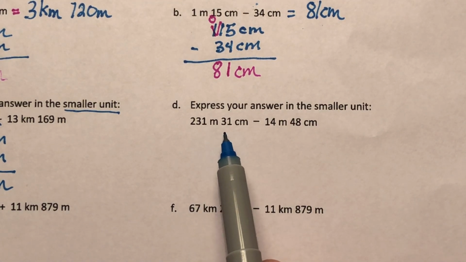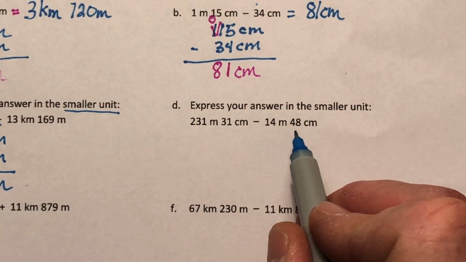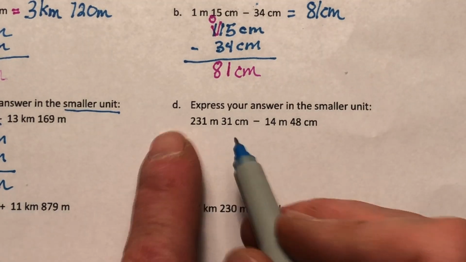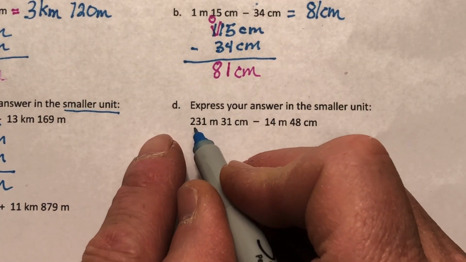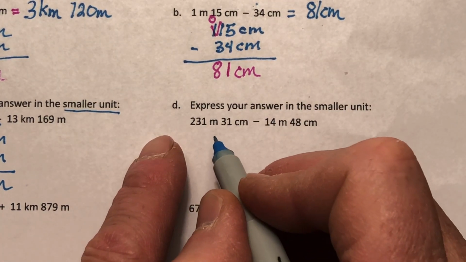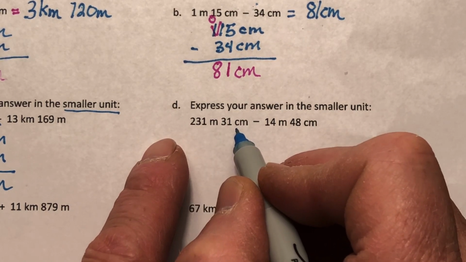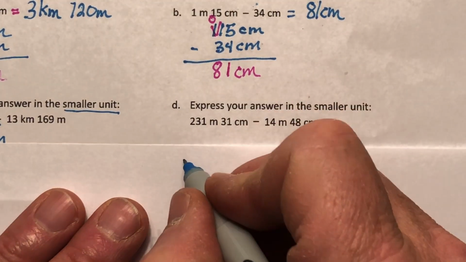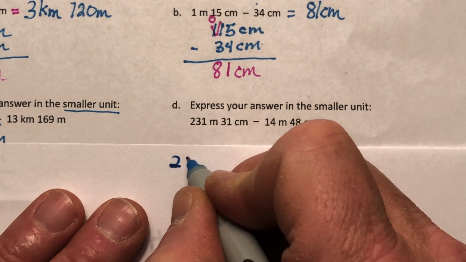231 meters, and this one is 31 centimeters. 14 meters, 48 centimeters, and I'm subtracting those. So I'm going to convert these all to centimeters, okay? So 231 meters, how many centimeters would that be? Okay, so if I get my piece of paper out here, I know there's 100 centimeters for every meter, so 231,